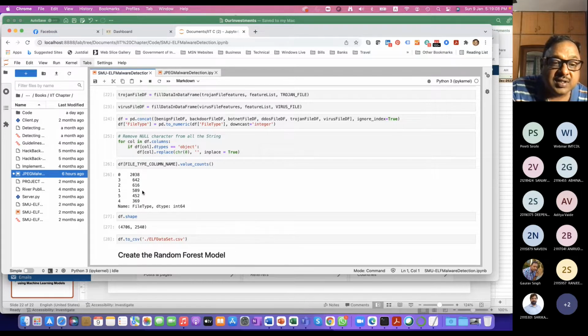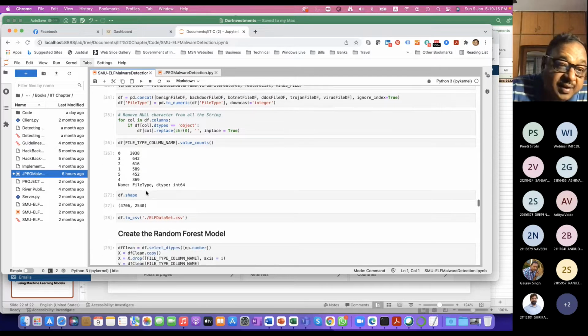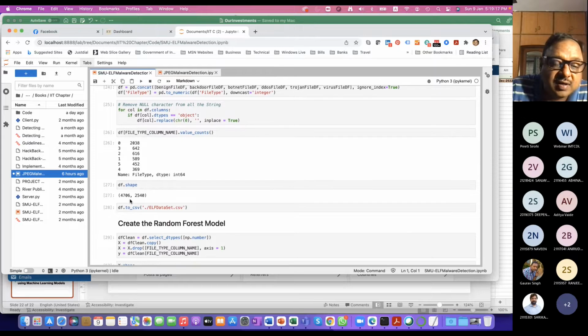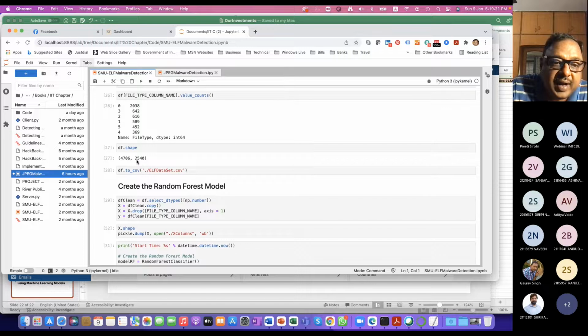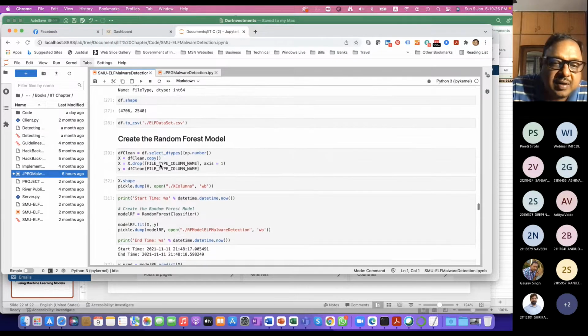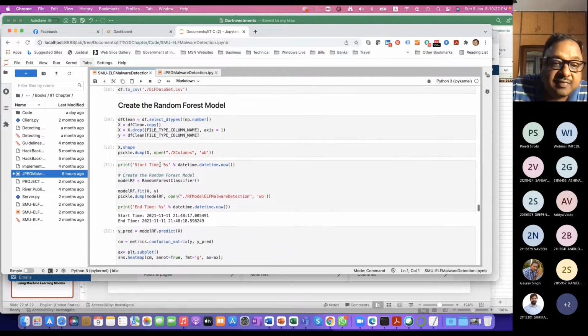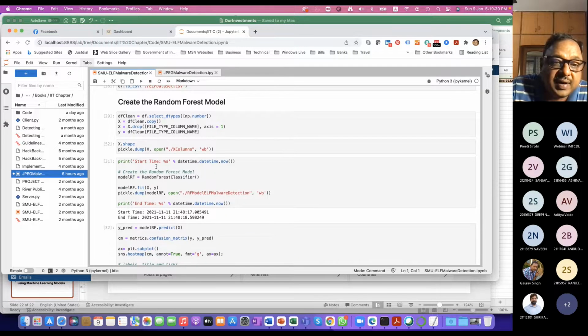So here, if you notice, the number of clean files and the virus files are almost the same. So we don't need to do any kind of balancing of the data. Anyway, we have around 5000 records, and we have more than 2500 features. So now we do some cleaning of the data. After we do the cleaning of the data, we create a random forest model on this